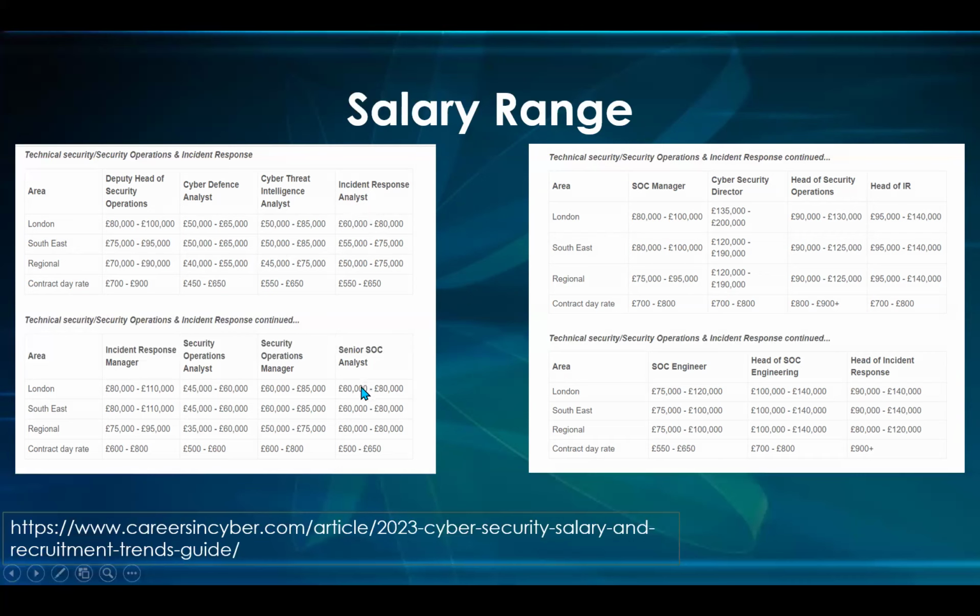A junior security operations analyst will probably be earning here, and the senior SOC analyst will be at this level. And we have the incident response manager. You can be an analyst or a manager, or you can be a cyber threat intelligence analyst. It's all different ranges. Of course, there are salaried roles and contract day rates that people get paid to do this job.